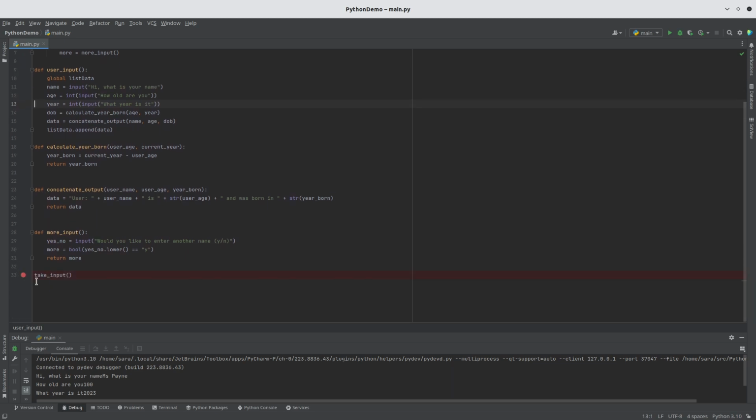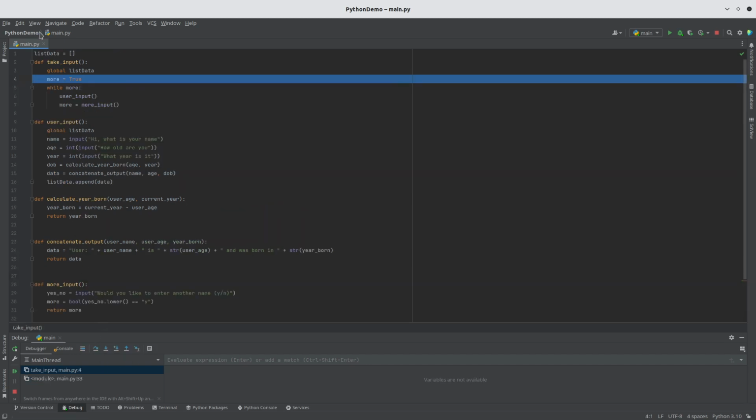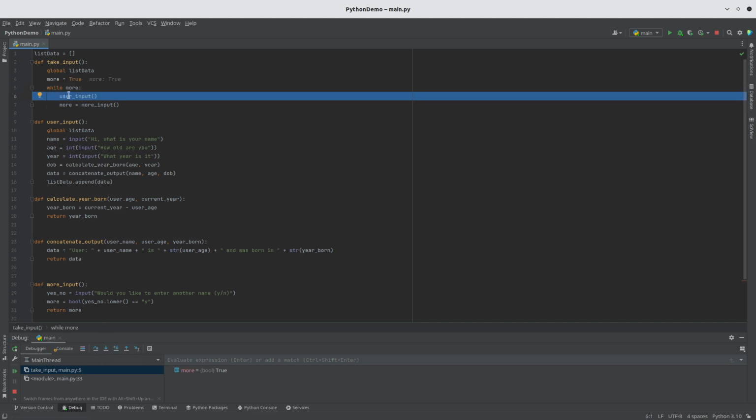So the code is going to start here. Let's step in. We're going to take an input, we'll step into that, and we come up here. We've defined access to this global variable. We've set more to true, and we've said while more is true, we're going to do this. So we'll step in again, go into our while loop,